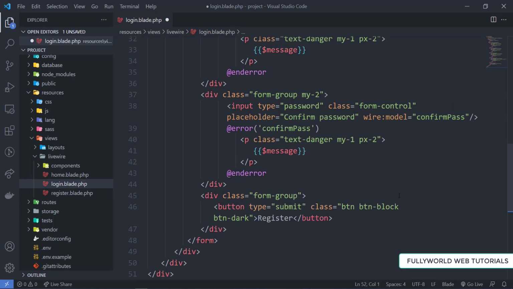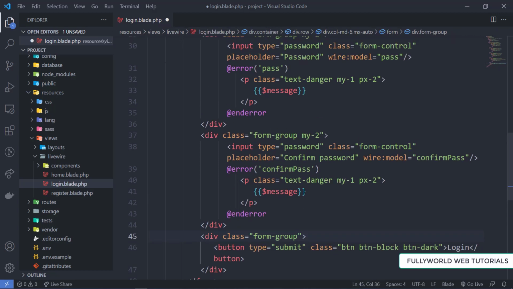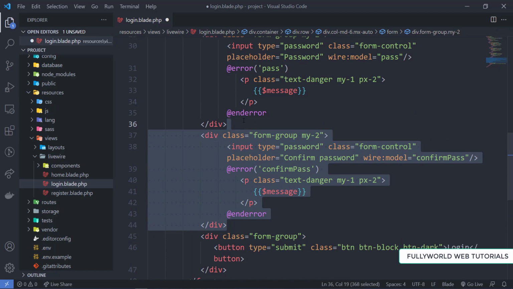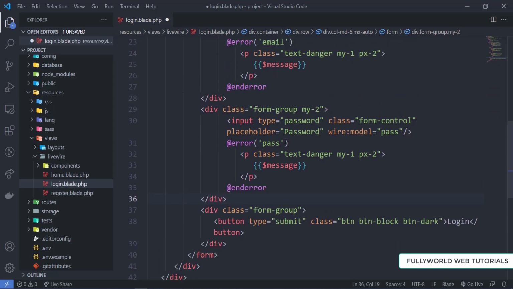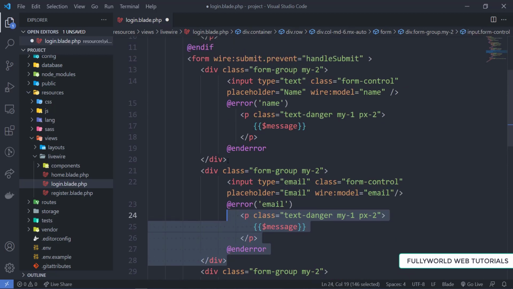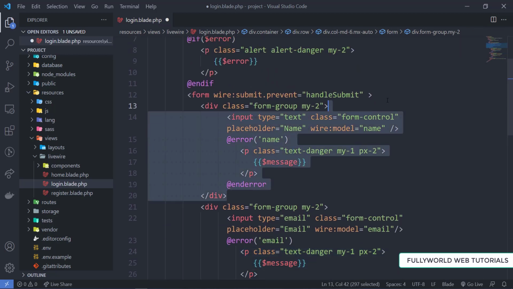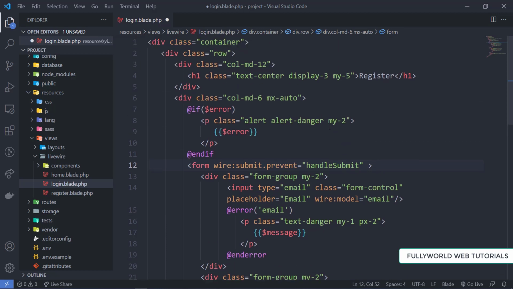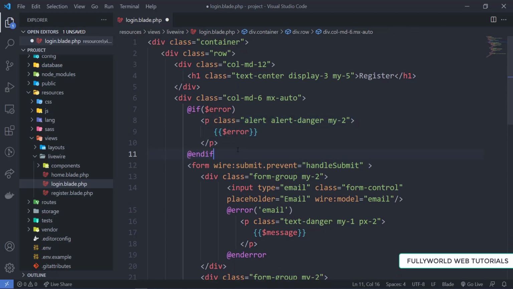Instead of register, now we are going to use login, and we don't need confirm password here, so I'm removing it. We need password as well as email, but we don't need name here, so I'm removing the name also. Now these are the error messages here.